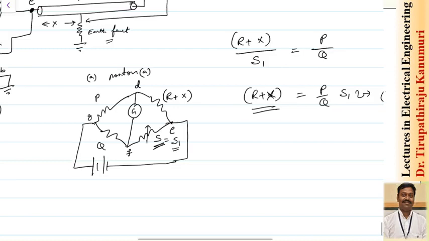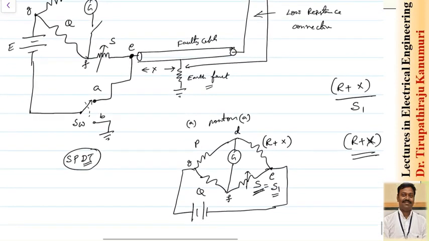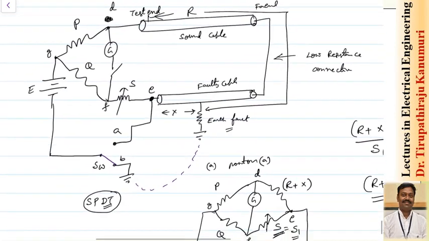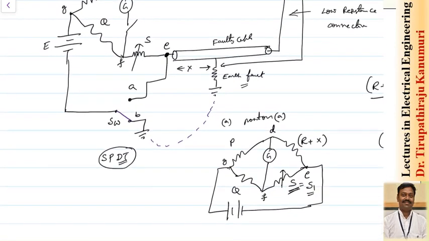Once this is measured, we will change the switch to position number 2. So now I have changed it to position number B. When we change to position B, you can see this will be the closing path. When this is the closing path, I am drawing the equivalent circuit here. The equivalent circuit again, this point is equal to G. For G there is P and Q and a galvanometer. There is a battery that is connected.